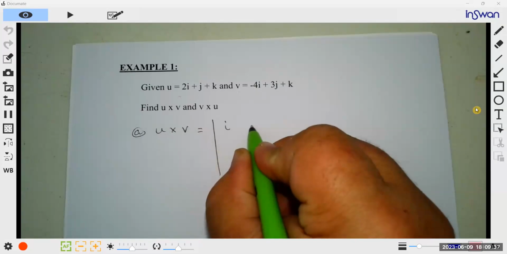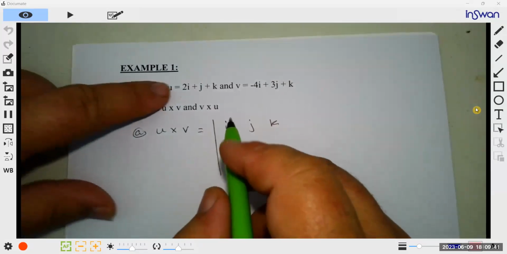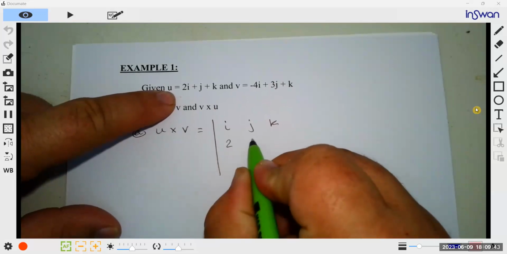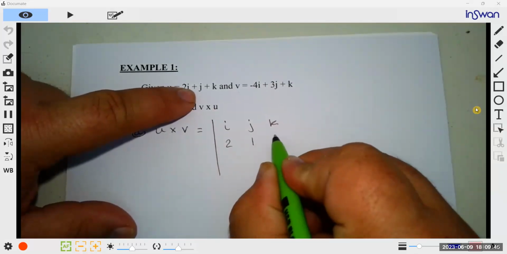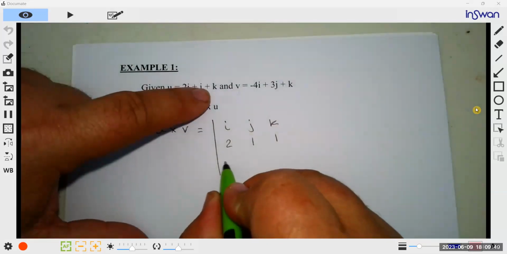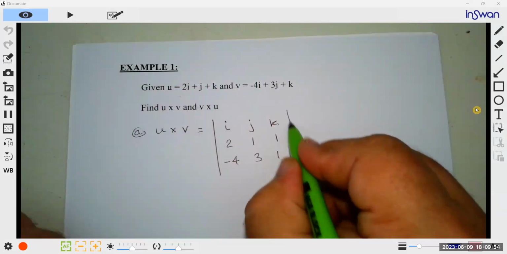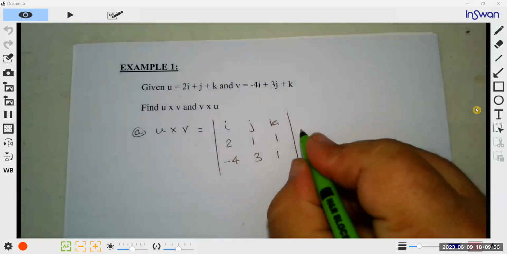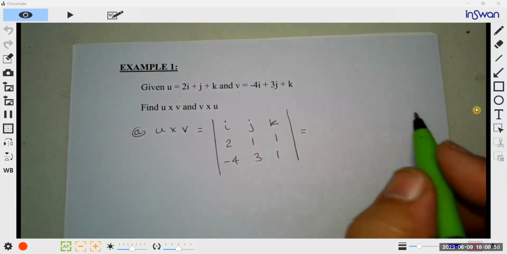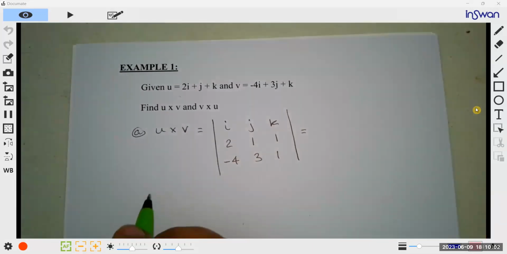So it's i, j, k. Now u is made up of 2, 1, and 1. Only put the coefficients in there. And the v is made up of negative 4, 3, and 1. And we're looking for the determinant. So the way I like to do it,